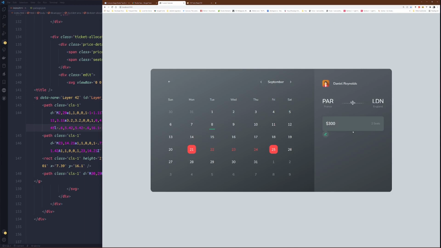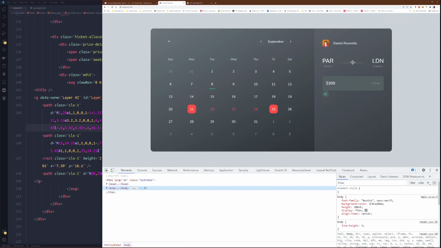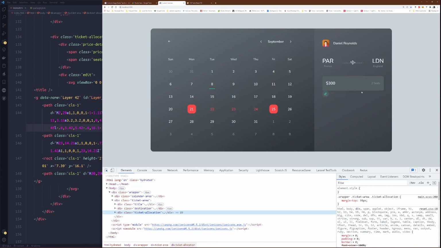To do that, let's see. Inspect the ticket allocation.